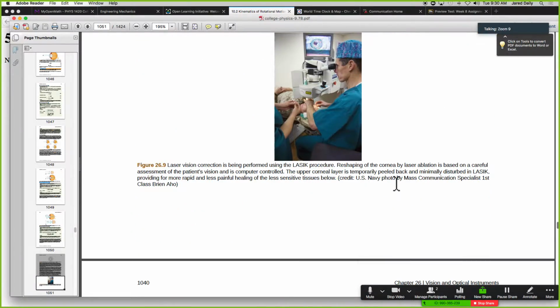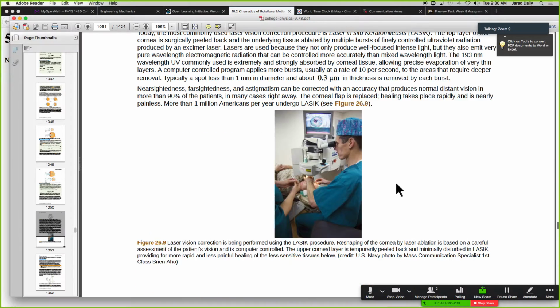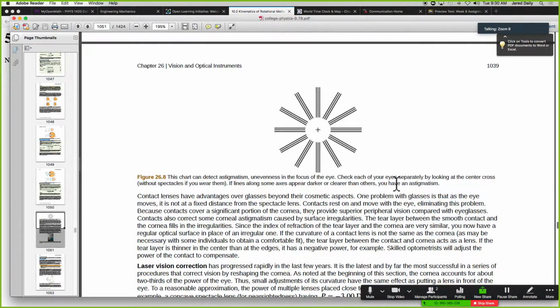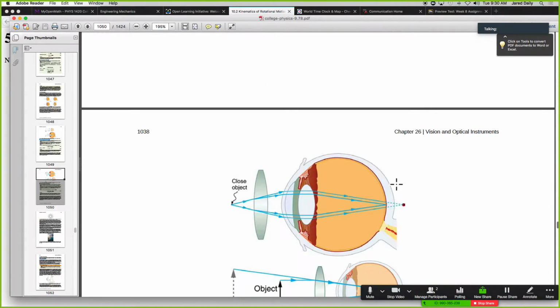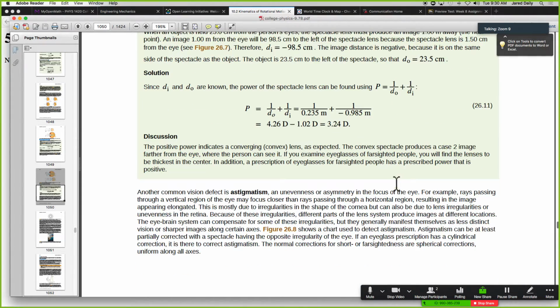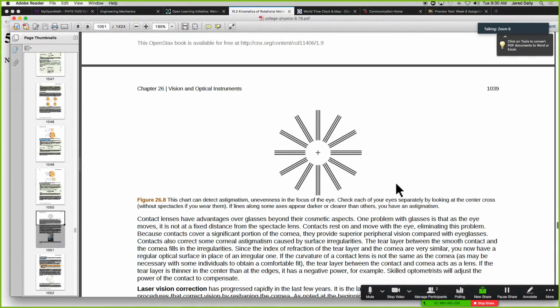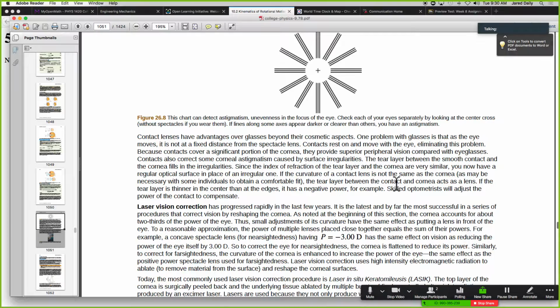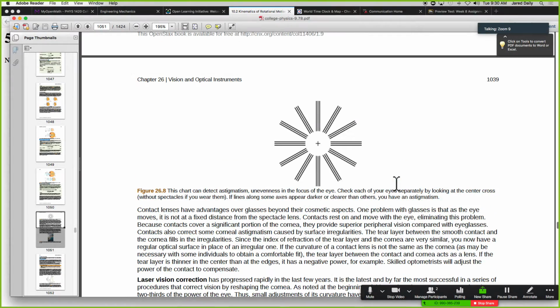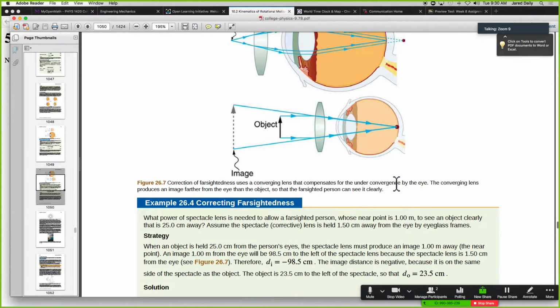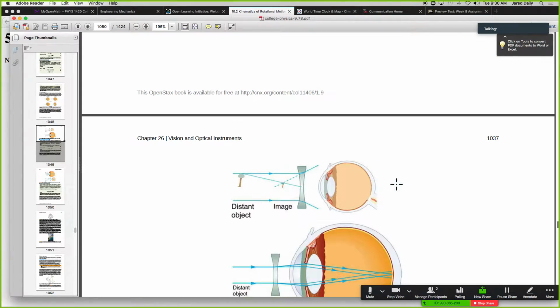So, okay, here we go. Laser, you've heard of LASIK corrective surgery, right? In LASIK surgery, I'm trying to remember which part they actually cut. Yeah, it's the cornea. So in laser surgery, they come into the eyeball